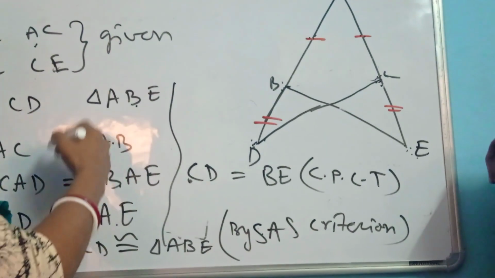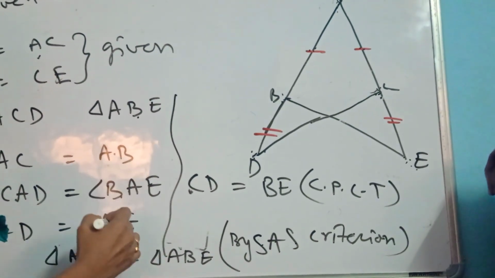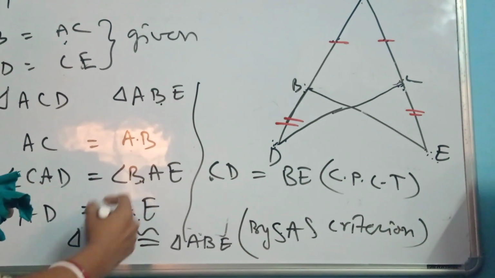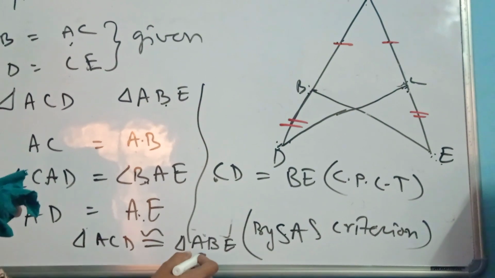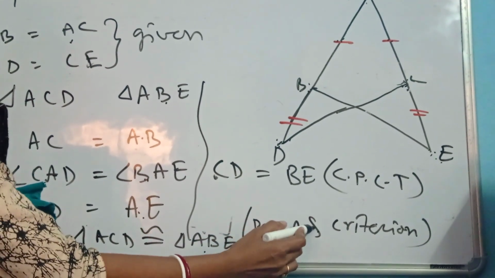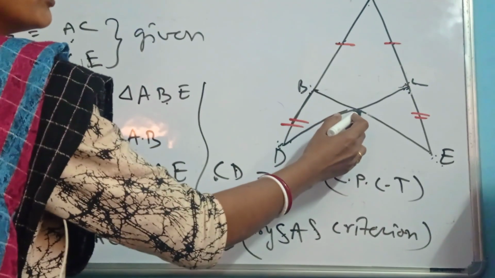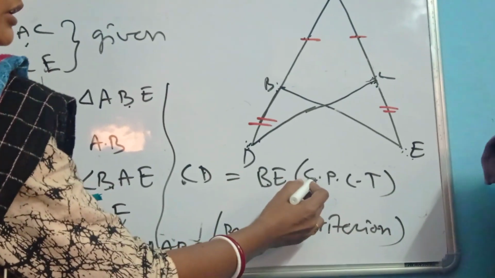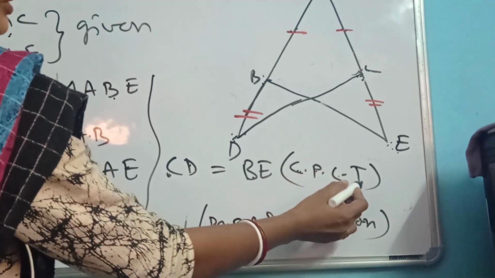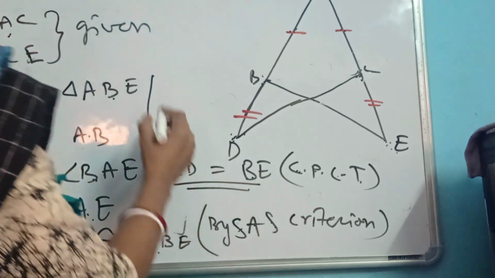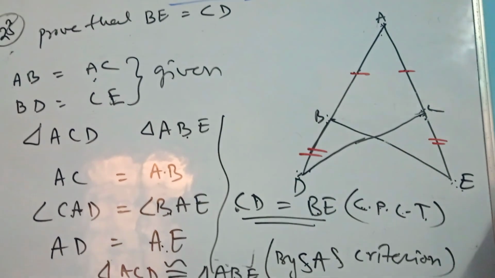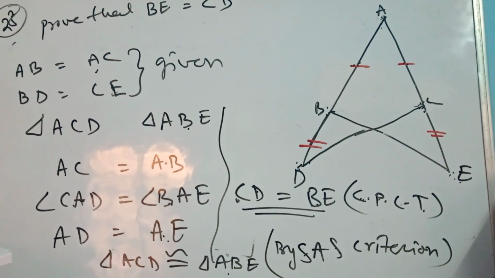Already we have proved the other parts are equal. So if these two sides are equal, one angle also has been given equal, and we have proved that they are congruent by the criterion of side angle side, then the leftover side, yes, it will be equal as they are congruent. So here the condition is corresponding parts of congruent triangles. So we can prove this by proving these two triangles are congruent. Okay, so I hope you can solve the rest of the questions.